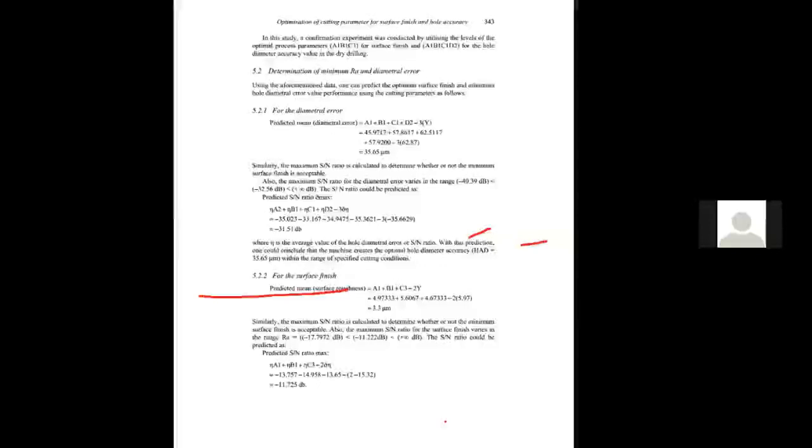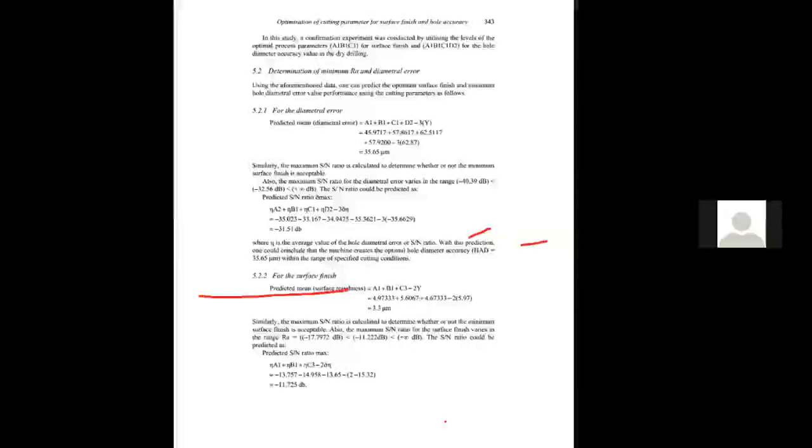Factor number 1 at this level, factor number 2 at this level, and factor number 3 at this level. And then I will perform the actual experiment. After performing the actual experiment with the respective values, I will see the surface finish. And if it is maximum in any case, whatever conclusion I have made based on the Taguchi method, it is right.